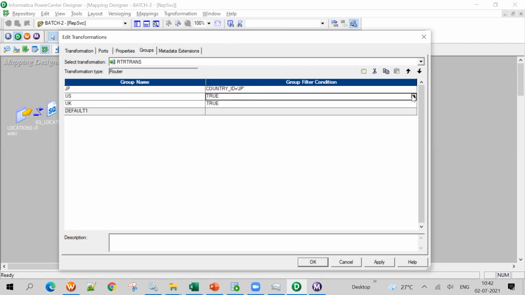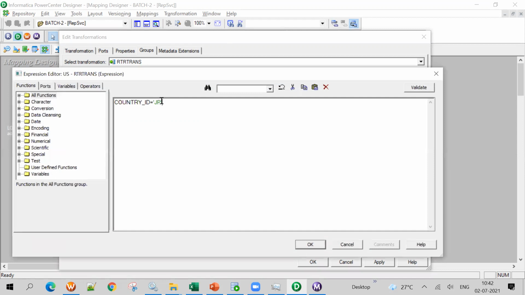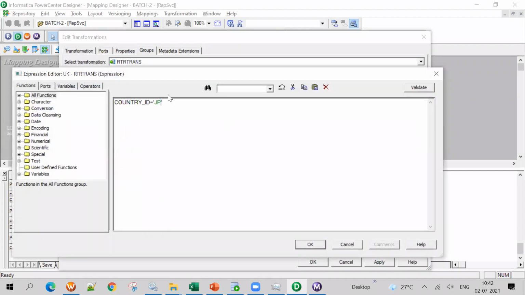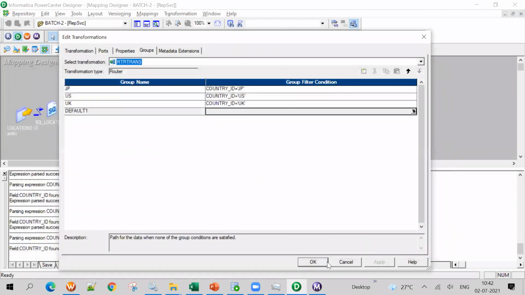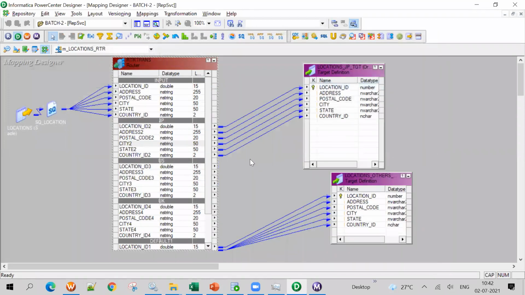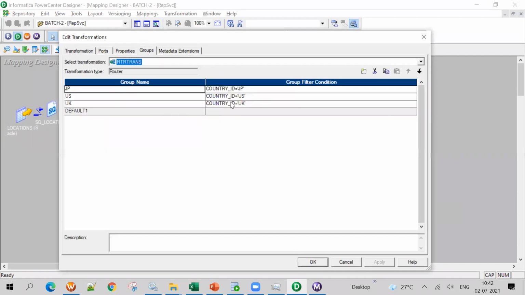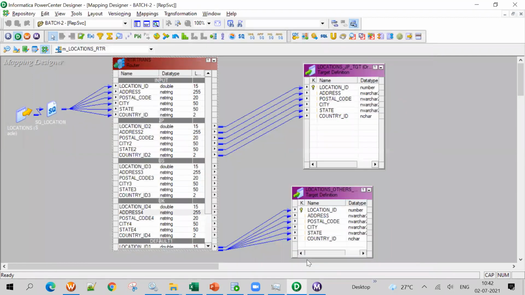Now country ID equal to US, this one. Now country ID equal to UK. Now if you see, I did not send anything of UK and US. The target table is not present, but still the conditions are present and the group is present. Then what? It will see the groups, not the target table. Other than these groups, it will go to default. That is why it is an active transformation. You can explain it like that. Yeah, thank you. Okay, so others, please, you understood?